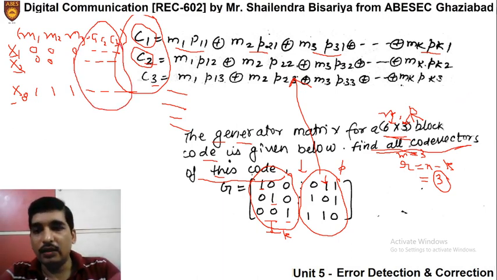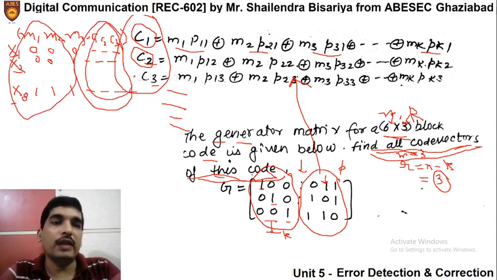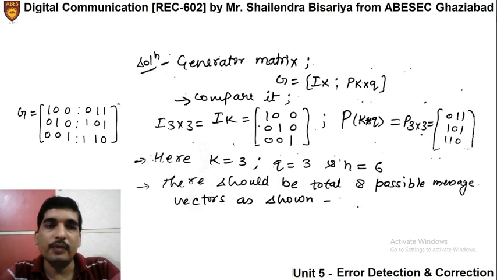Okay, as written, find all the code vectors of this code. So to find all the code vectors, that means for all the message values, we have to find all the check bits for all these cases. Now let us proceed further to find this. How will we do that? First of all, the generator matrix is in front of us, just written here for reference on the left side. Okay, now what we say is that the generator matrix is I_k followed by P_k by q. So I_k, as I have already discussed, is this 1 0 0, 0 1 0 and 0 0 1.